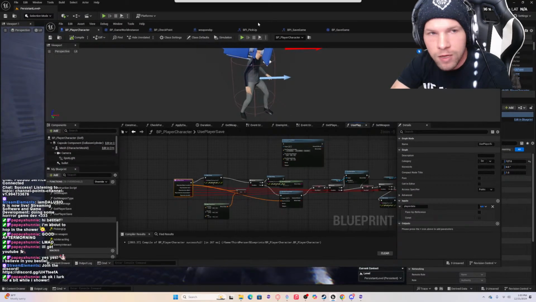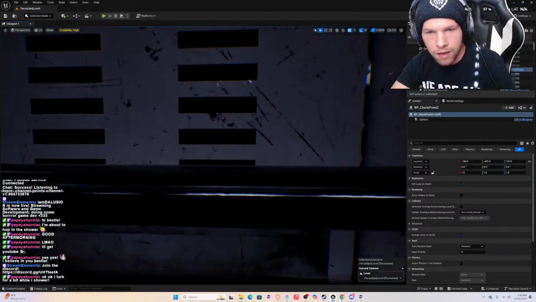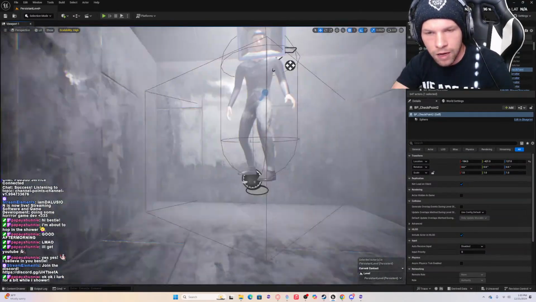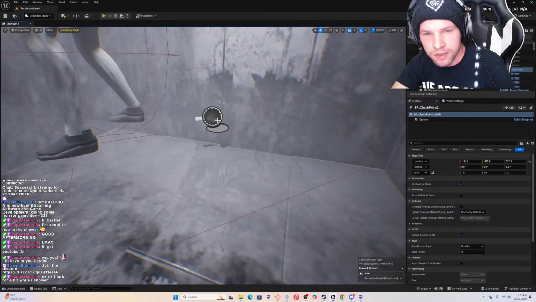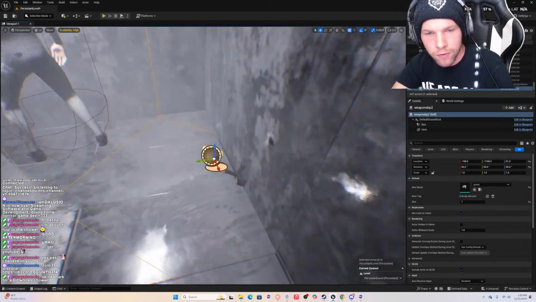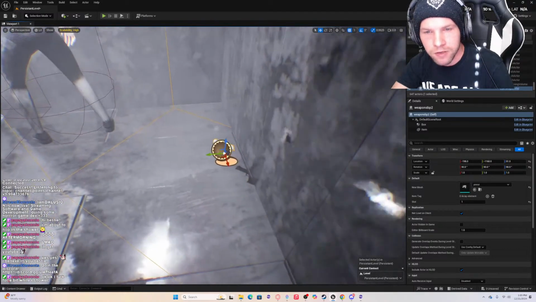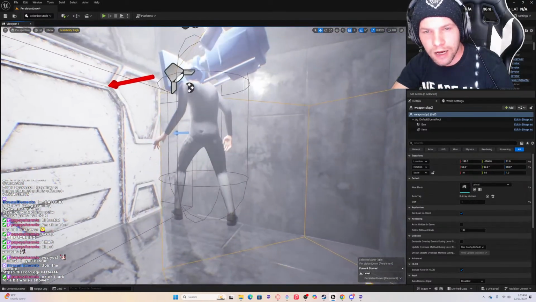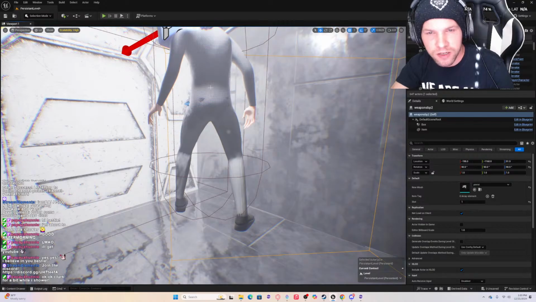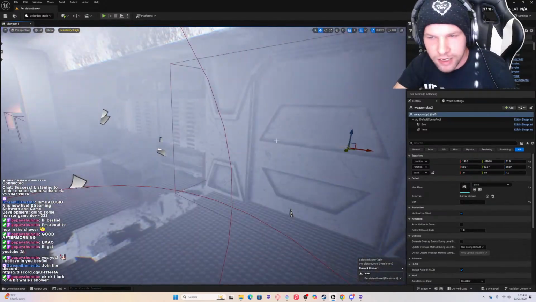The problem I'm having right now is, when the game starts, I have this pistol here, and I want this pistol to automatically attach itself to the player if the variable has gun is set.